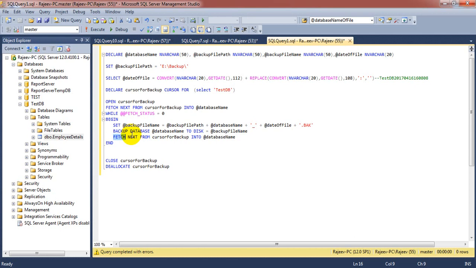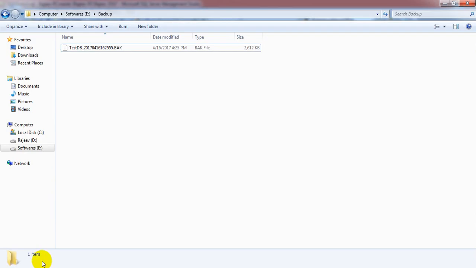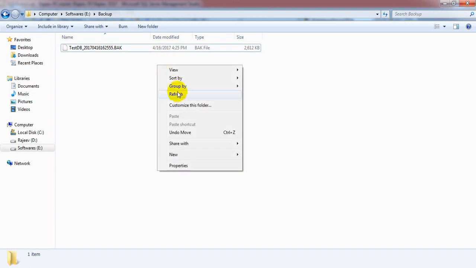The third time, it will get -1 because it's beyond the row, so the condition not equal to 0 will fail, and then we are closing the cursor and deallocating the cursor. Let's run this and see whether it's working or not. I'm executing this. See, everything is processed. Just see this, here our backup file is created.